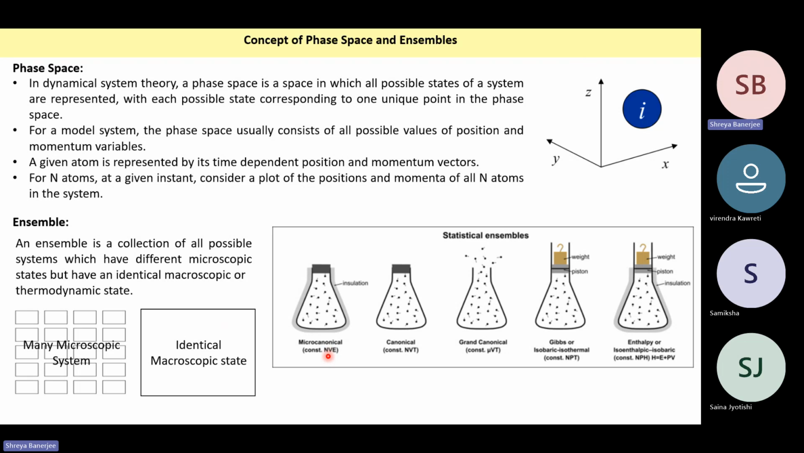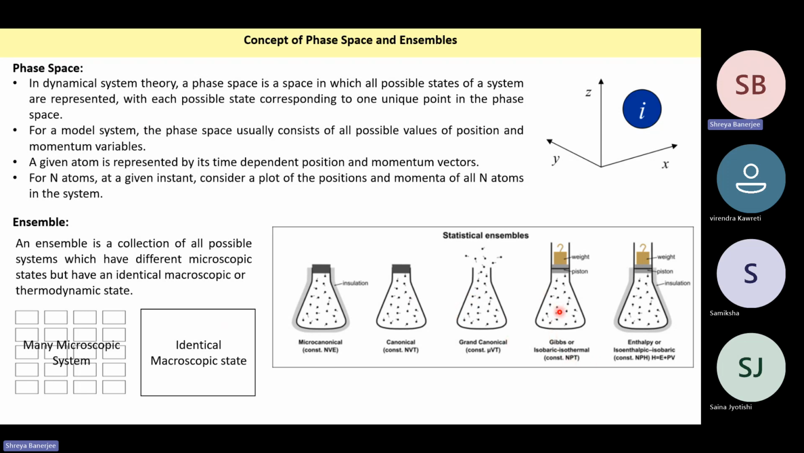So to maintain a constant number of particles, there is a lid on the container, and that will maintain constant volume also because the container is sealed. And to maintain constant energy, there is an insulation. So this defines a microcanonical ensemble. Why these are important is that sometimes you want to do simulations in constant pressure conditions or